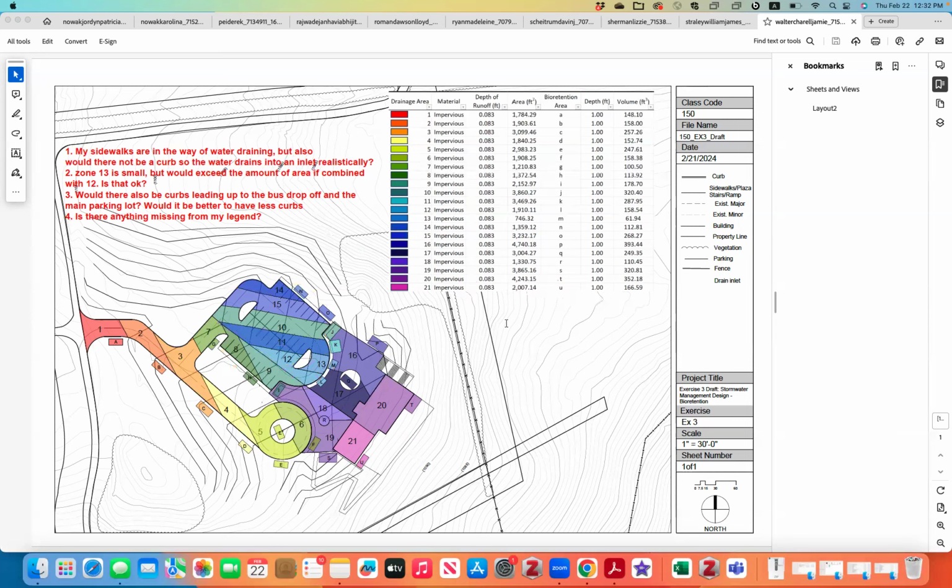You're asking if anything is missing from your legend? Okay. Well, you would inherit all the base map elements, right? You have existing vegetation, you have fence, I'm not sure. Okay, the fence is from before, the base map. You have drainage inlet. I think for this one, do you need to have curb cuts? Is there a curb cut requirement from the